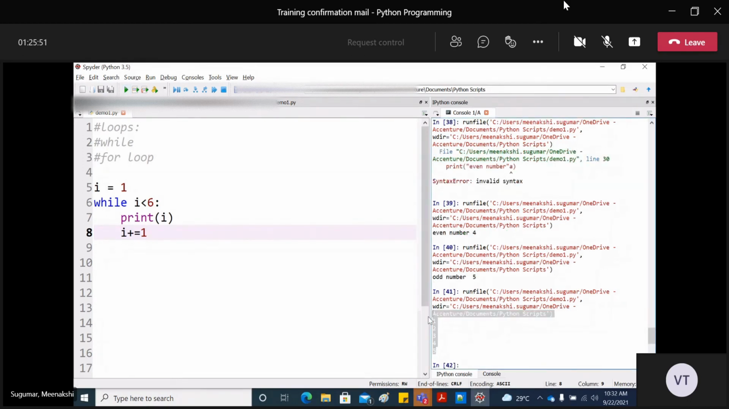Okay, but the current I value is 6. It will not print that value, because when I value is 6, the loop condition is not satisfied, so it will not print. It will print 1 to 5, but the value of I will be 6. Okay, now if I don't give this statement, now let's say